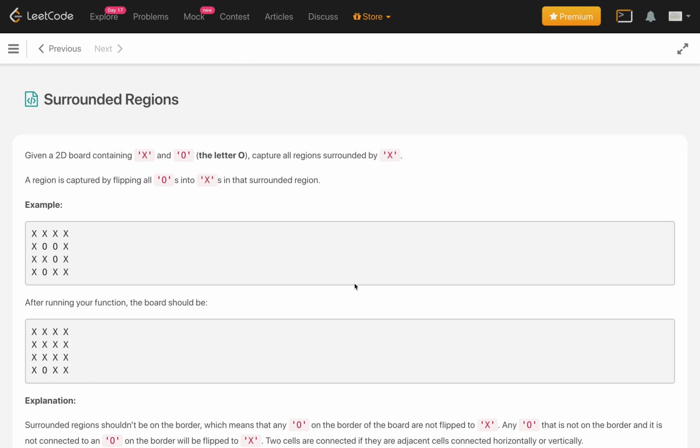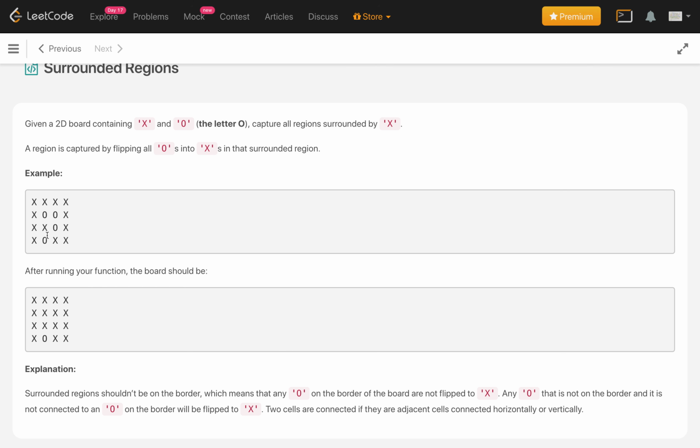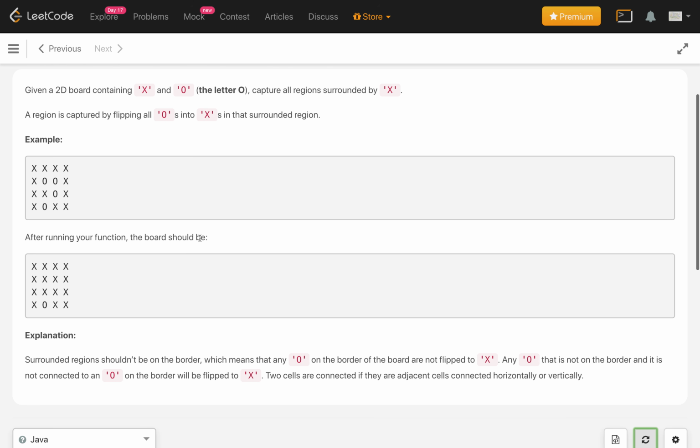Today is day 17 and the problem is Surrounded Regions. Given a 2D board containing the character X and the character O, the letter O, capture all the regions surrounded by X. A region is captured by flipping all O's into X in that surrounded region. So here we have example 1, which is XXX and O, and after running your function the board should be,